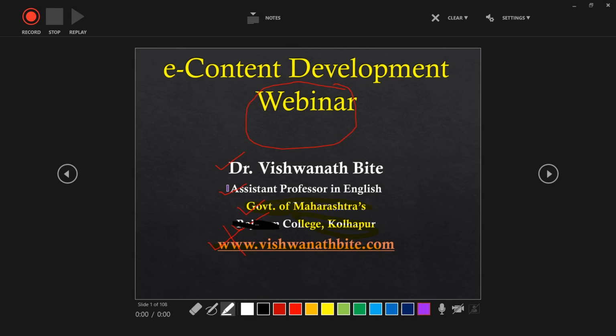Let me select another color, and this way you can highlight some text, and once it is done, just click on the erase button, or if you want to get rid of all the mess that you made, you can do that by using this erase button.